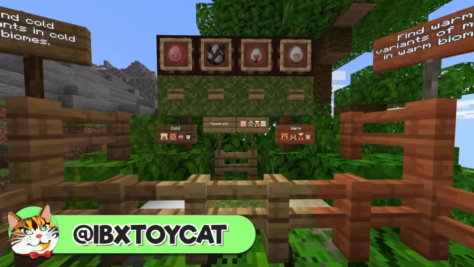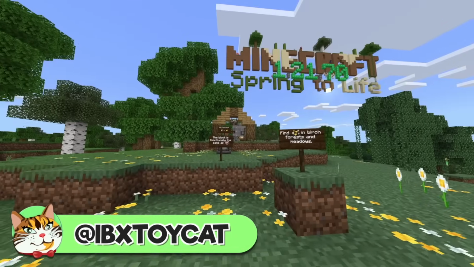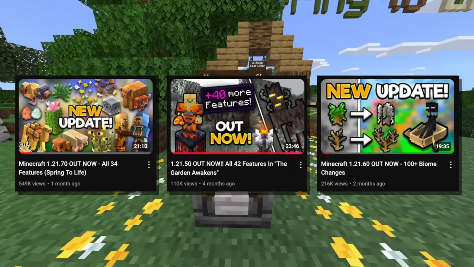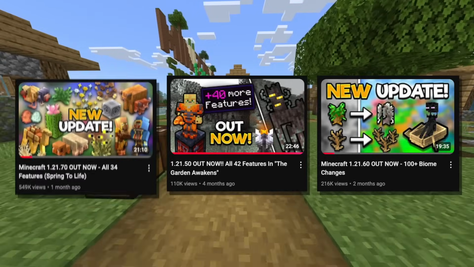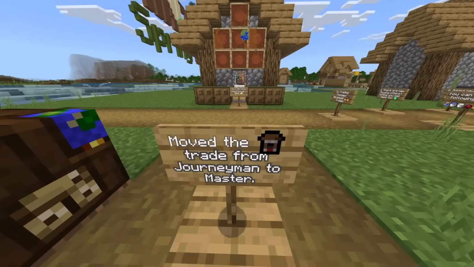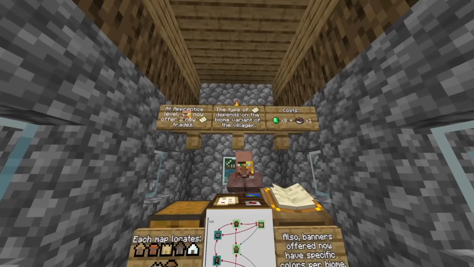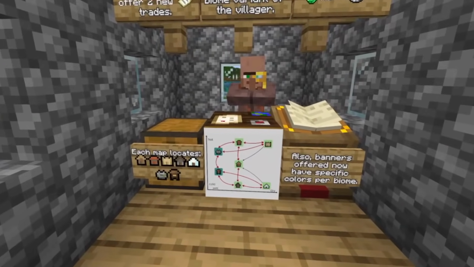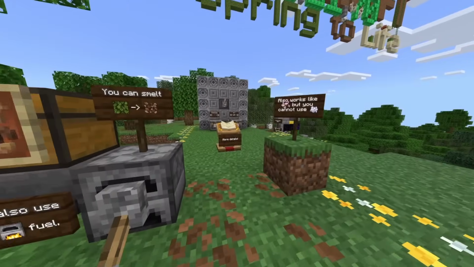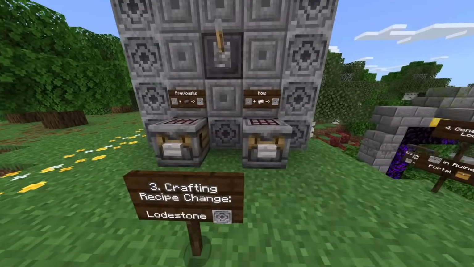Hello, I'm Toycat, and a really common piece of feedback is that people enjoy that we make a video for every major Bedrock update that comes out, but they wonder how it is that we can show off emojis for woodland mansions, or wildflowers, or banners, and also how we have these great diagrams that we show via the vanilla game rather than editing. It's really fun, but people wonder how they can do that themselves, and so this is